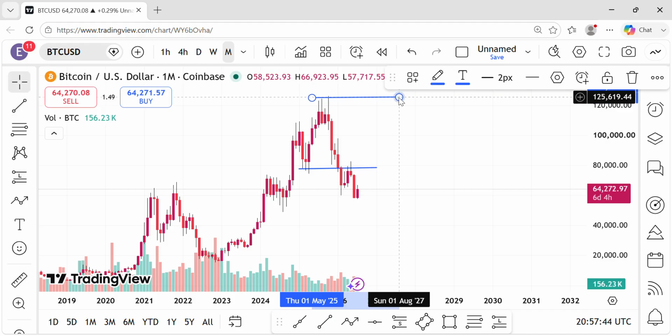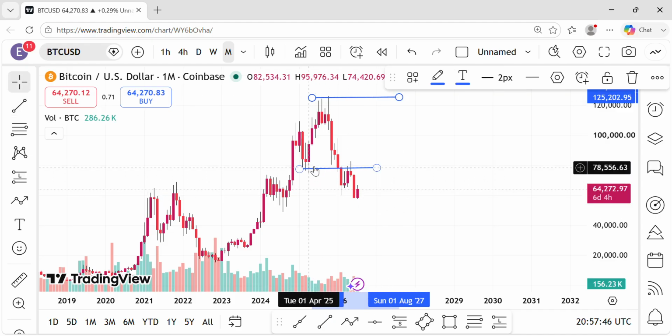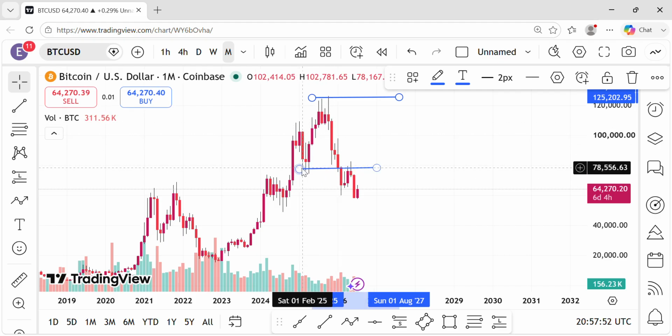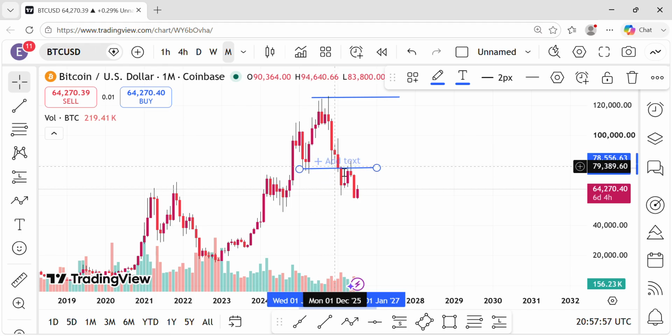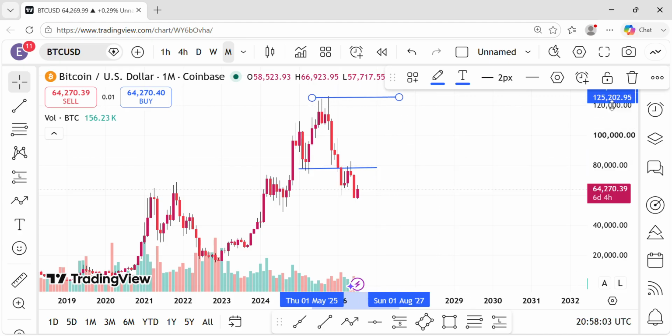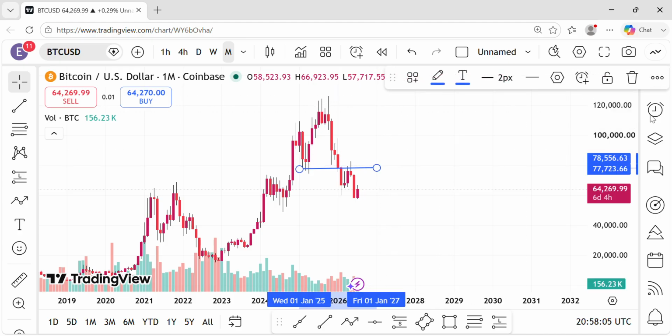Okay, so since this candle was able to breach this previous low, it means there has been a change in price action. So now